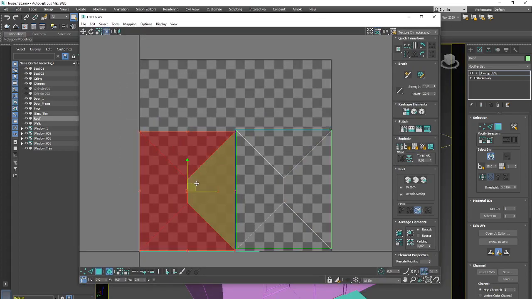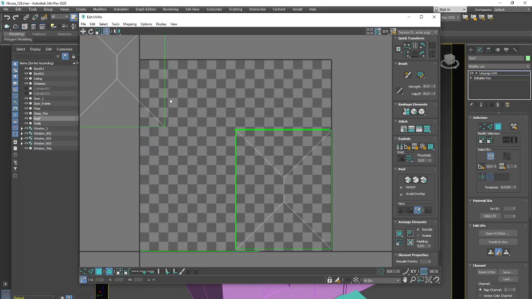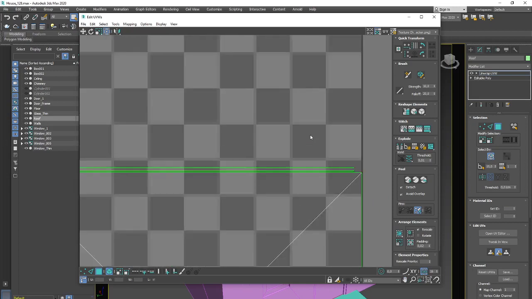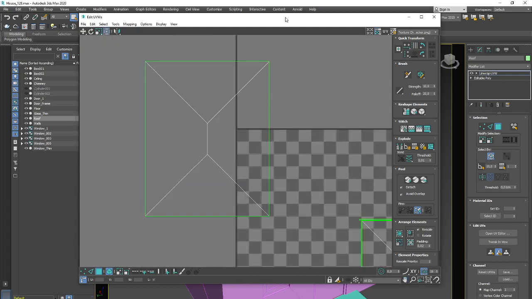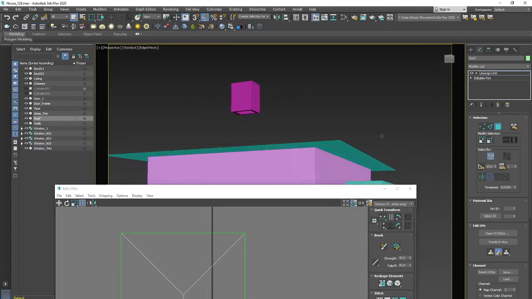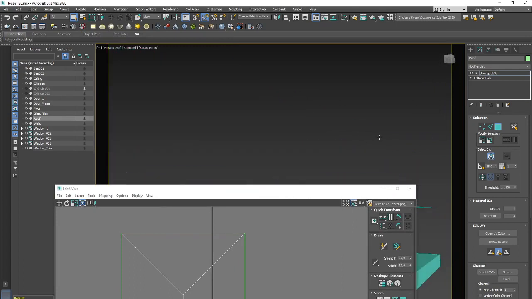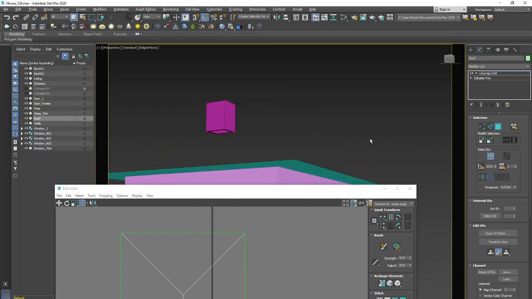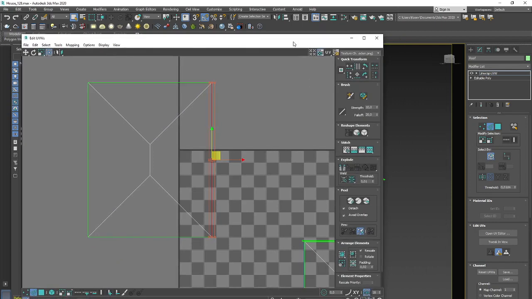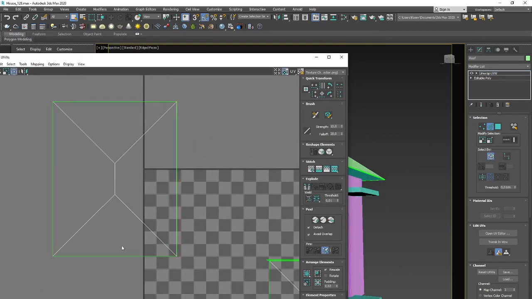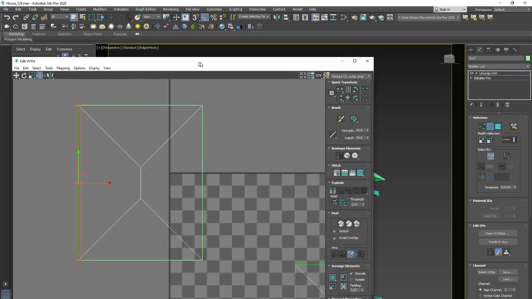And I'll move it here. These little parts from these sides of the roof, we will see them, and I'll snap them to the main part of the UV mapping. Okay,